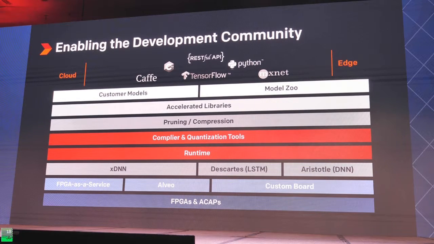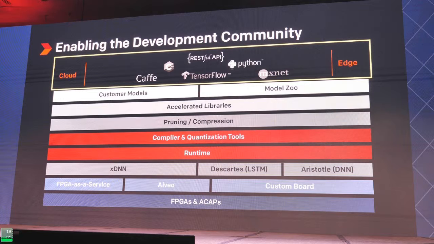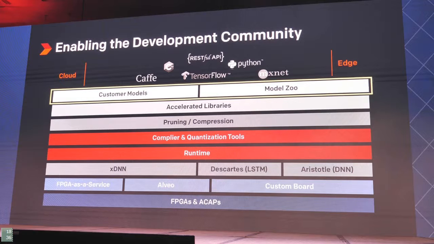This is what we've assembled. The components come from us, from our partners, or some come from the AI community overall. Let's start from the top. We now have support for standard frameworks, Caffe, TensorFlow, MXNet, that allow a data scientist to create custom models. But you could create custom models, or you could use some of the models that we have created. These are pre-trained, pre-optimized models that can be deployed in your application. And we deploy them in a library that the industry calls Model Zoo.